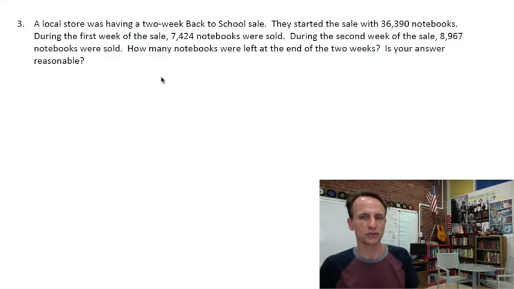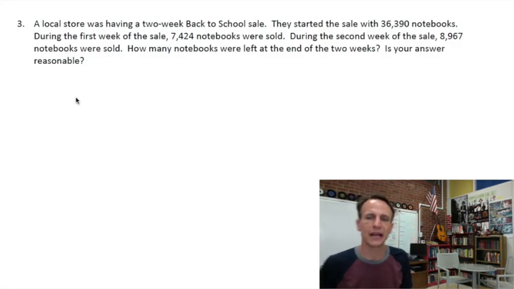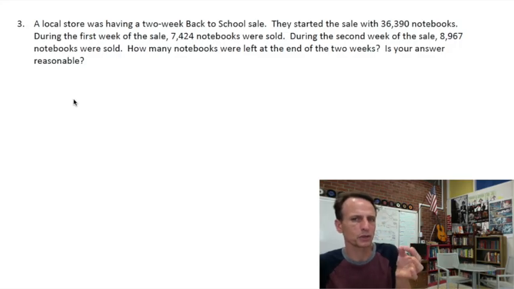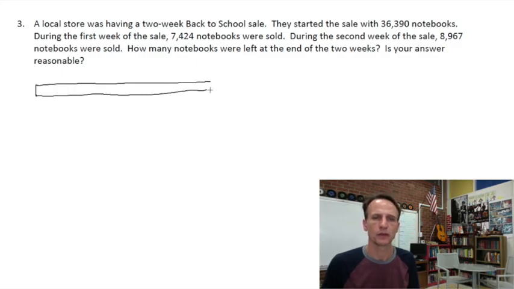Is your answer reasonable? So this question actually is a tad bit easier than that last one. Okay, we have the first week, we have the second week, and then we want to see how many notebooks are left. So we actually have, right, how many parts do we have? We have first week, second week, and then the remaining notebooks. So to draw this tape, we would need 3 parts in it. We do know the whole, we do know the total number of notebooks is